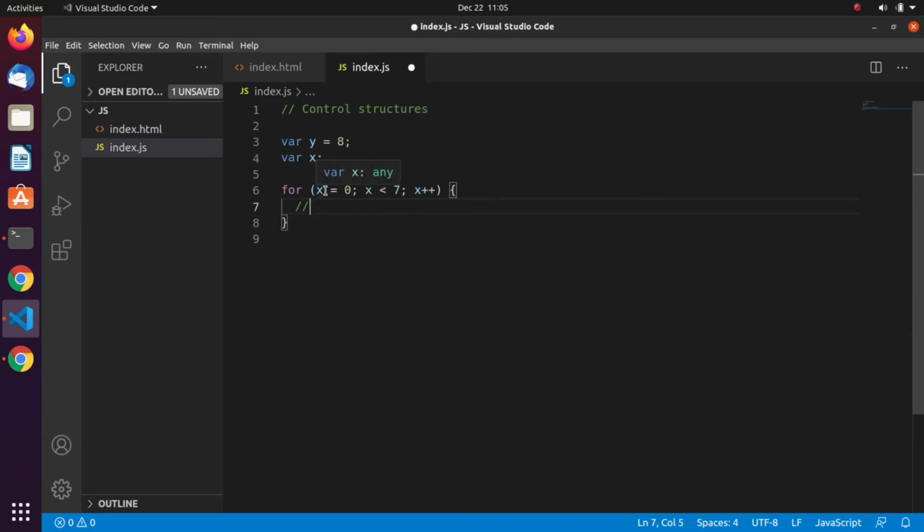Now this means for X, that is the initial condition, X starts from 0, and then while that X is less than 7, continue incrementing X, till this condition fails, and then we go out of the loop. So that's how the for loop actually works.